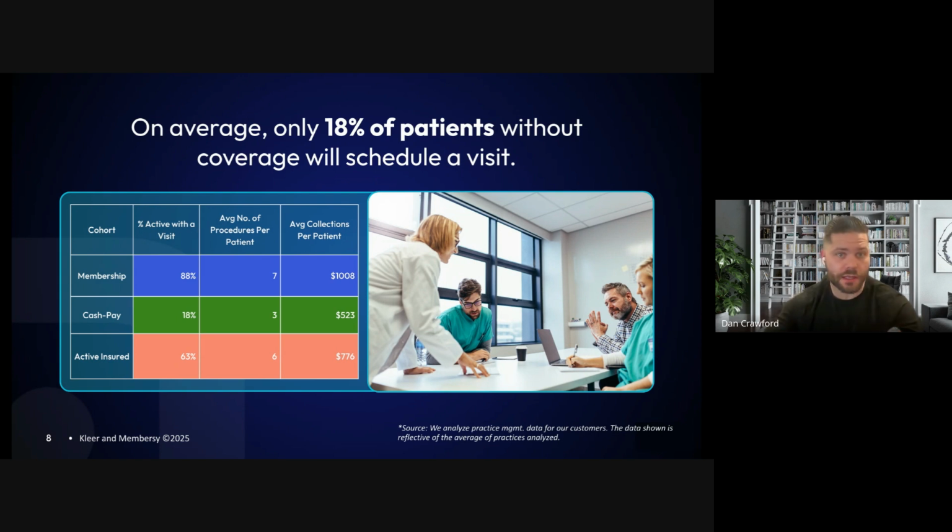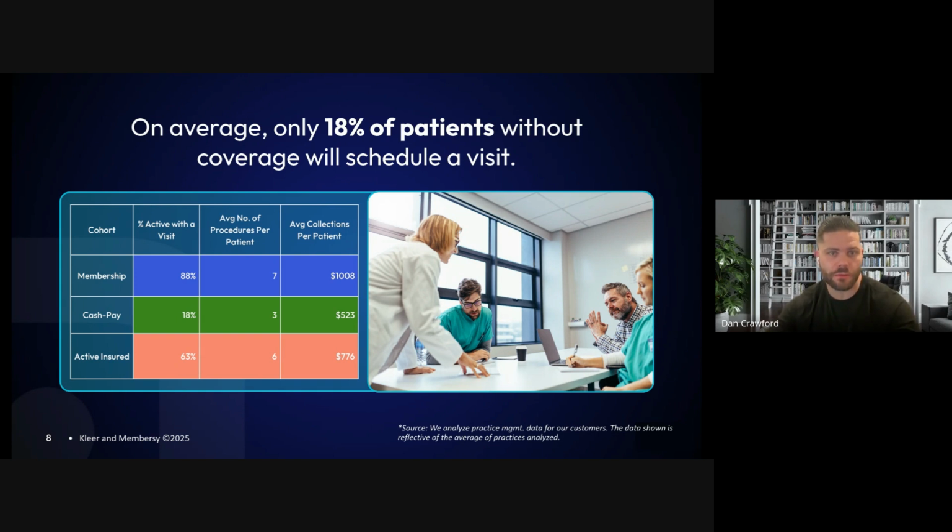And when they are coming in, as noted by their collections here and the procedure acceptance, they tend to do the bare minimum, right? Maybe they have an emergency, maybe they're getting one cleaning every now and then, but there's a lot of upside here to getting these patients in more, right? Let's look at the next cohort, your PPO, your insured patients, folks that are coming in and spending the most time in your chairs on your schedule. Much higher visitation rate, right? At 63%, much higher procedure acceptance rate. But as we know, with insurance reimbursement, it's very inconsistent. So your collections on these patients are not really all that much higher than they are, say, from a cash